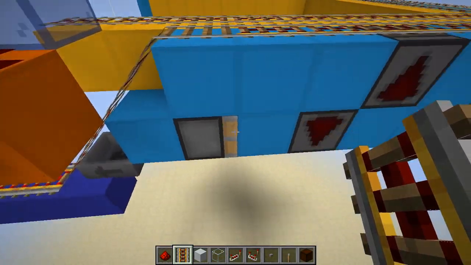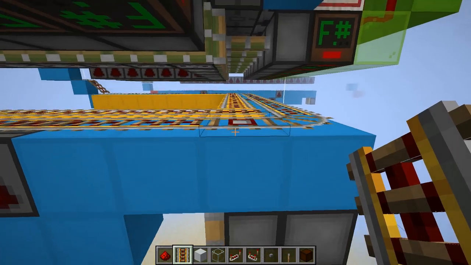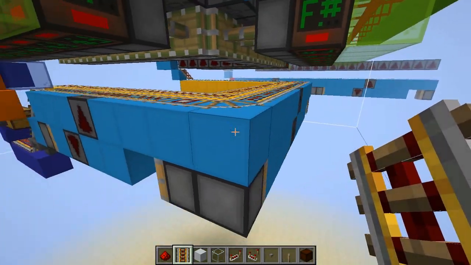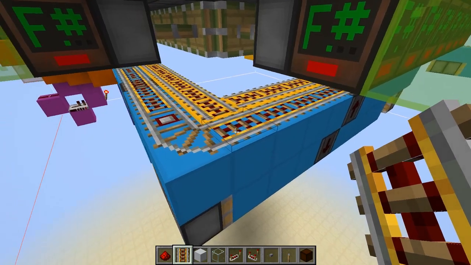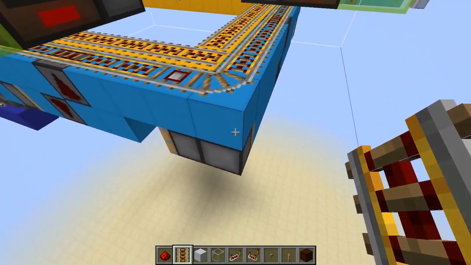So basically you have it push over, create the clock, which is underneath the rail line, and then over on this side, it pushes back. So then we get to this corner, which a lot of other people had problems with. I think in my tutorial, I had another detector rail. You don't need that. So if you just set up the corner like this